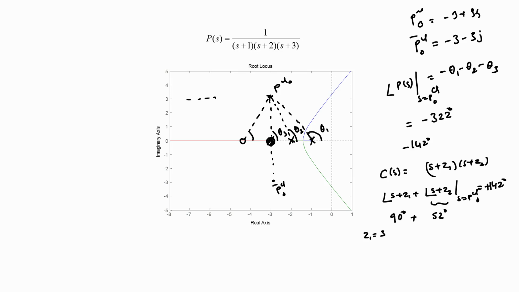However, exactly as with the previous controller, we have a non-causal implementation with just the 2 zeros being the ones that are supplying the phase necessary to make the point PCL naught a point on the root locus. Therefore, we have to also choose to have 2 poles for this controller, so that it becomes a causal controller whose denominator polynomial is at least of the same degree as the numerator polynomial. In this case again, we have freedom in placing these poles wherever we want, and I shall choose to place them at the same position.